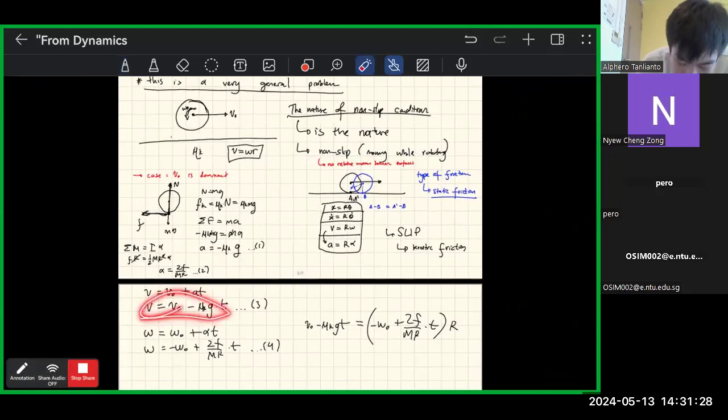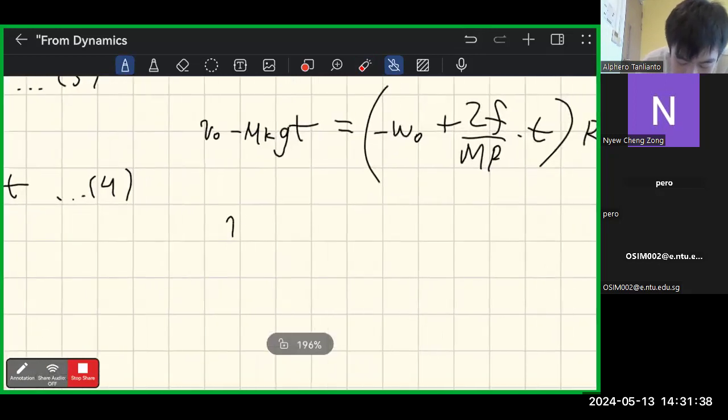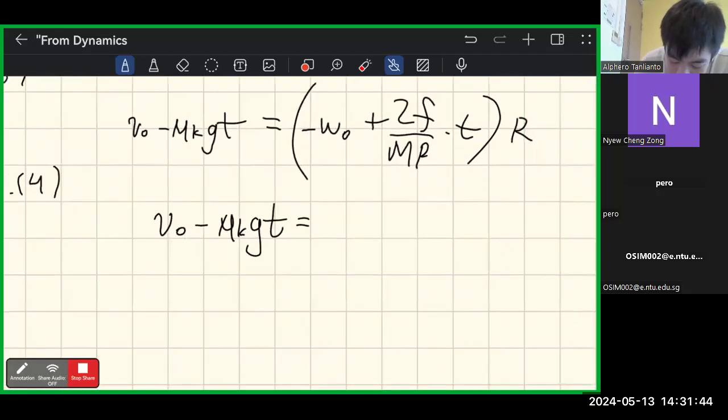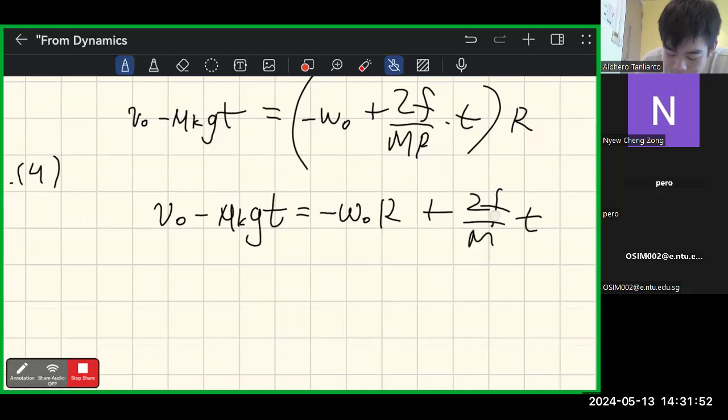This is the V. The final condition has to be non-slip, V equals omega times R. So V naught minus mu k g t equals negative omega naught R plus 2F over m times t. The F here is mu k